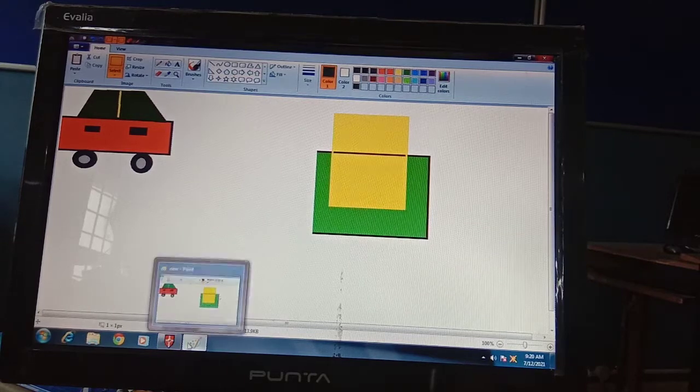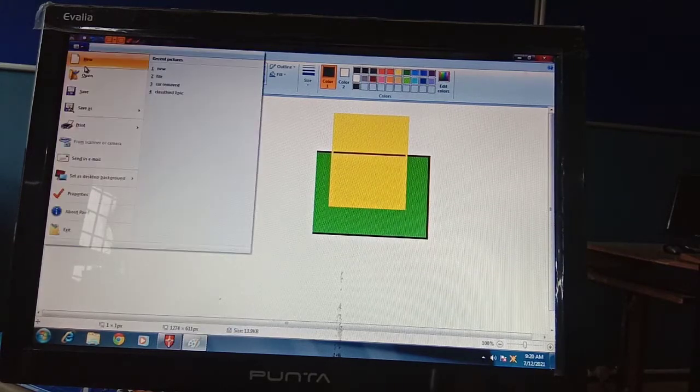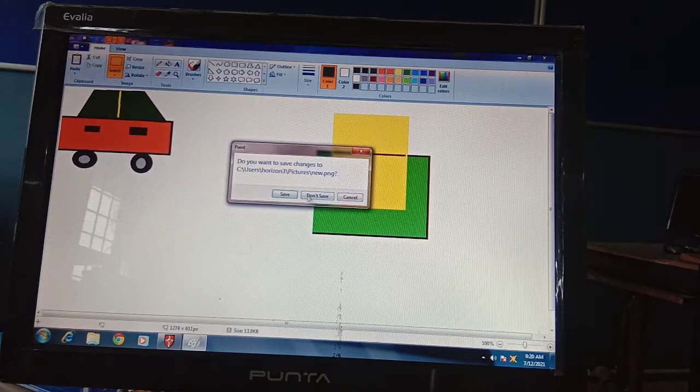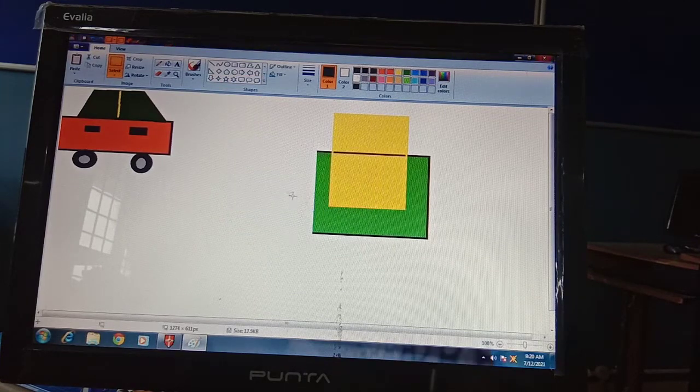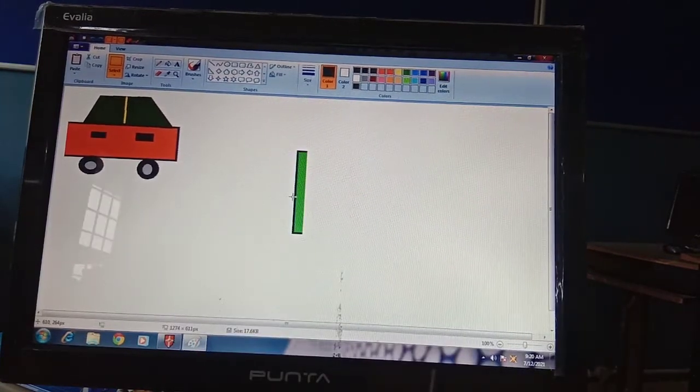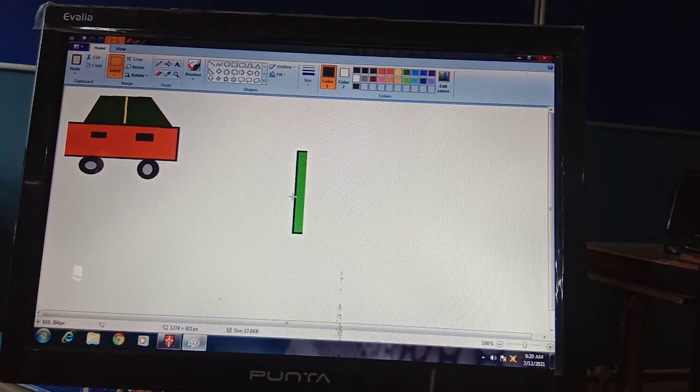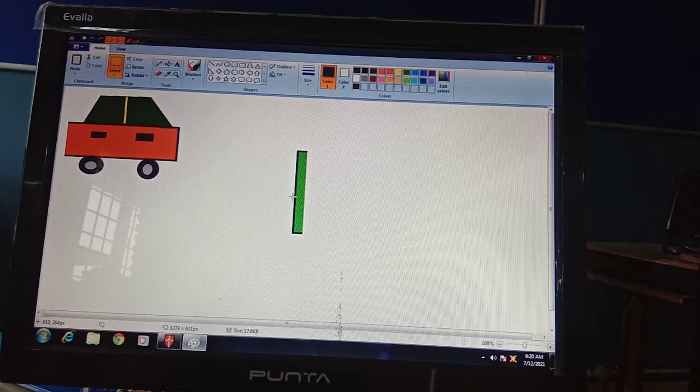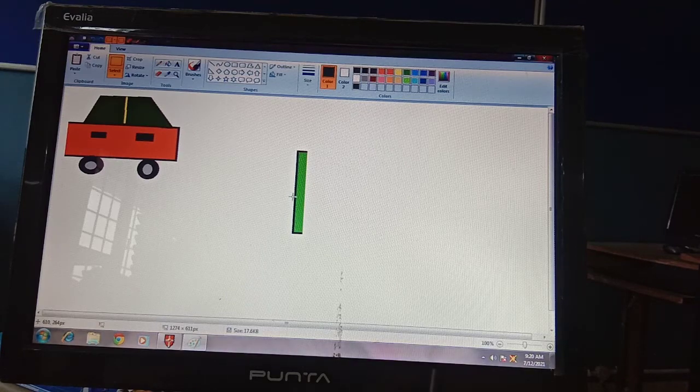And you can see in the original file, from where I have moved the object, it is not displayed. So I hope cutting and copying is clear to everyone. In our next class we will learn about the different drawing shapes, flipping of the picture and zooming of the picture. So thank you everyone, keep watching the video.